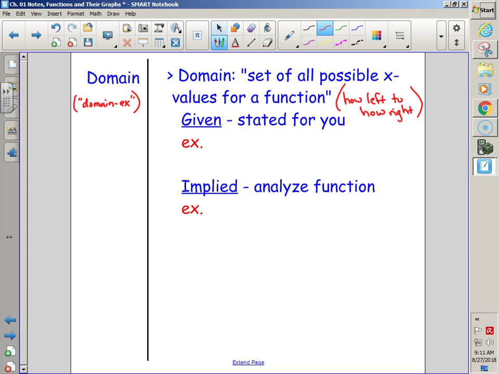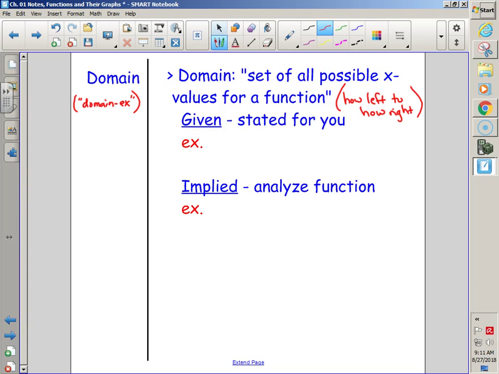I can go towards 0, towards 0, never touching. So how left can it go? 0, but never touching. How right can it go? Forever. So you could put this a couple different ways. You could say x is greater than 0. Why not or equal to? It never touches. So I could just say x greater than 0, and greater than just means everything greater than,